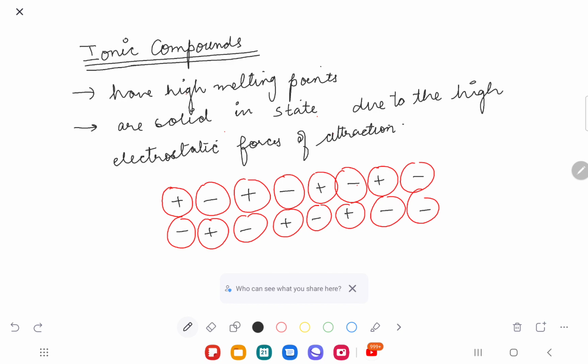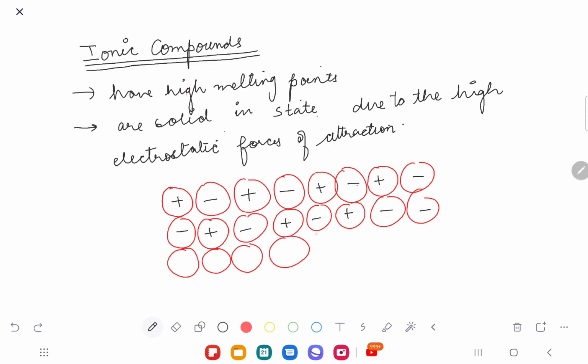Yes or no? So do you understand this positive charge? If I draw another line of the ions, I suppose you're understanding that